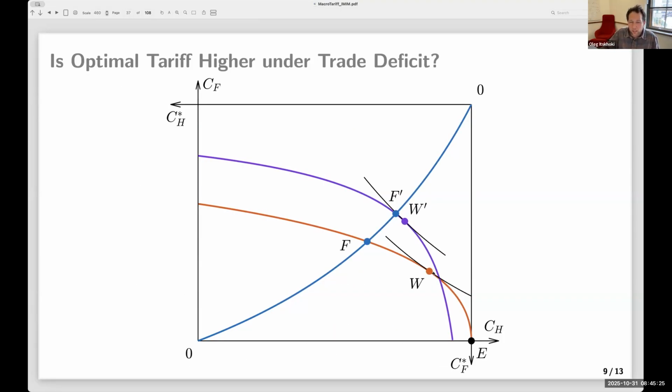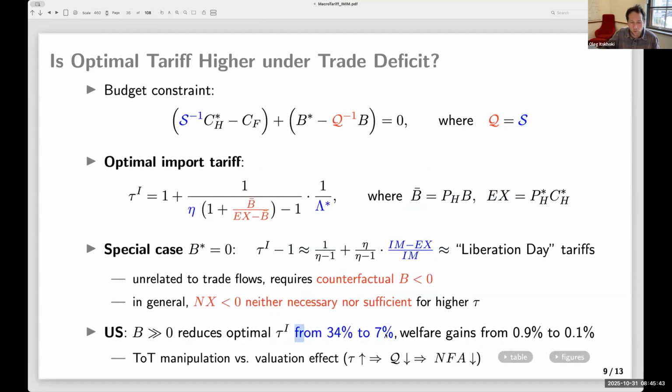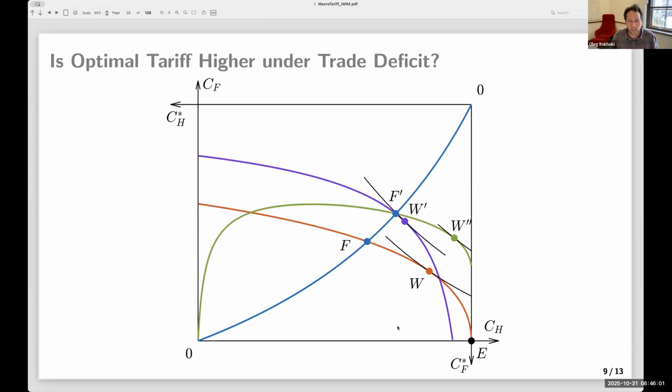When you're at this point, this would have been the optimal tariff in the closed economy, with the financial closed account and balanced trade. This is the optimal tariff with the net foreign asset position, because you get the big valuation effect. And quantitatively, this is what we find: without taking into account valuation effects, the tariff is large, like in trade models. We can argue whether it's 20% or 35%, depending on what you put in the model. But what we want to emphasize is that the optimal tariff with valuation effect is about 5 times smaller, right? And this is the robust thing here.